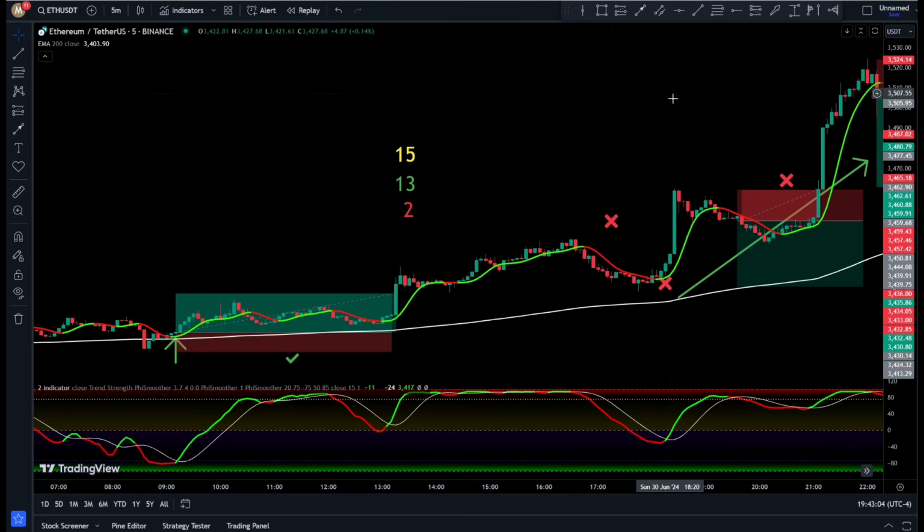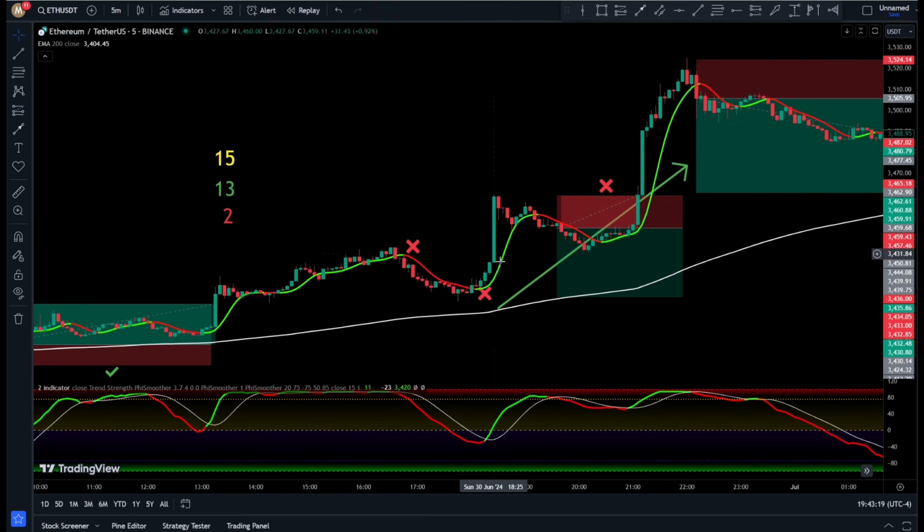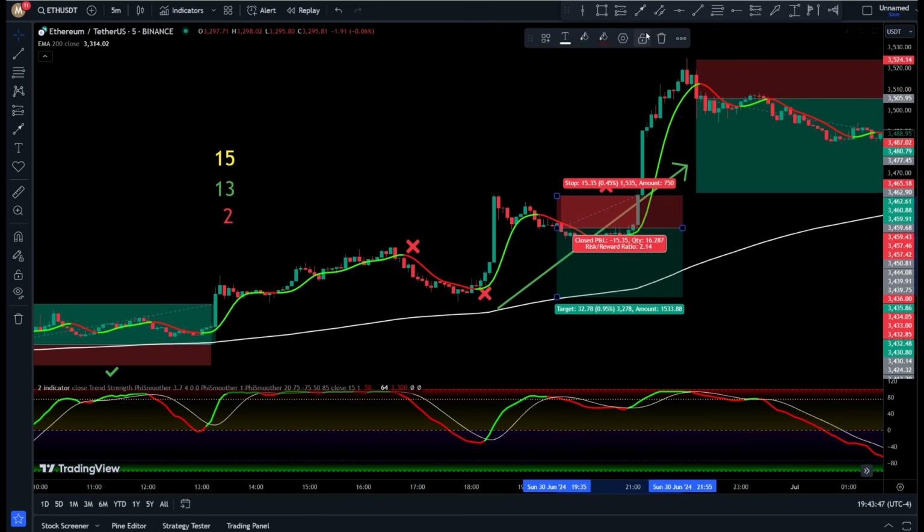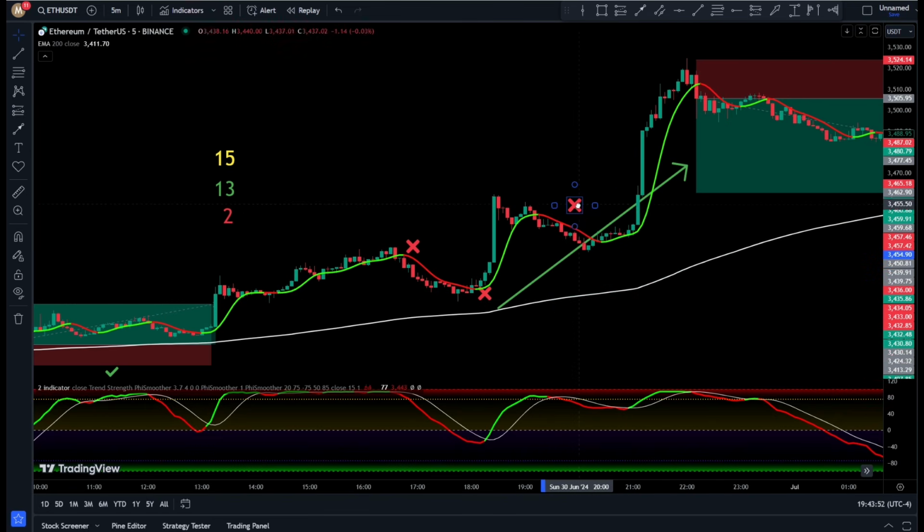I remove this position. And in the next signal, 2 confirmations are present, but the third one is not there. This signal is also false. I also remove it. So we could filter out the false signals by adding a second indicator. That makes 13 wins out of 13 trades, which means this strategy is one of the best strategies you can